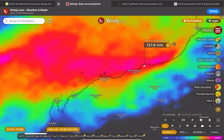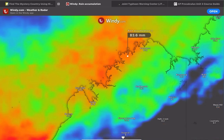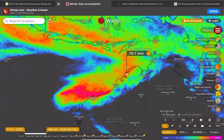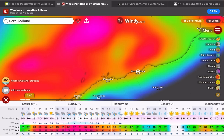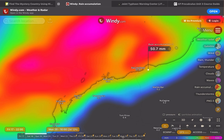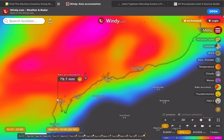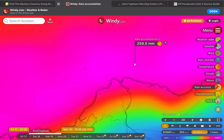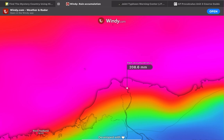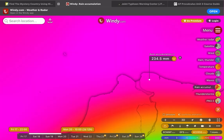So stay safe there and be careful. And also further north, still some downpours there. The GFS shows less than the European, but does show some 74 millimeters, some 55, some 78. Let's see, the axis shows more rain in the ocean than on land. It only shows on the coast, which is kind of weird, but it does show there right on the coast,